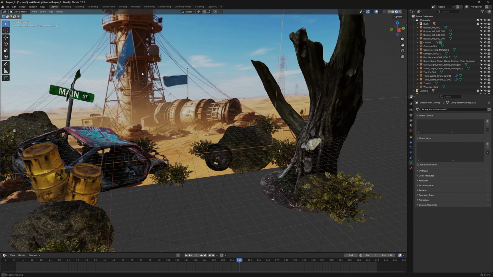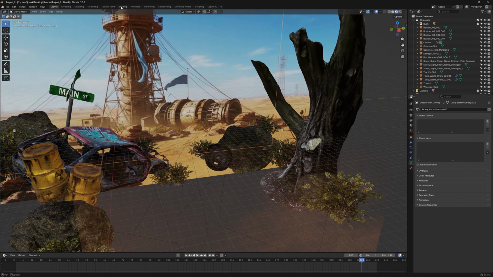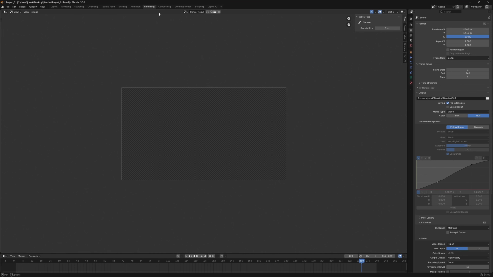So you can see here how our flags and our dust is still animating past that. So something around the 200 range is fine. So make sure it's at the very end of the video. 240, it's still finishing over there like that. So that's perfect. Let's go back to rendering, and then we want to make sure that our output is where we want it to be,